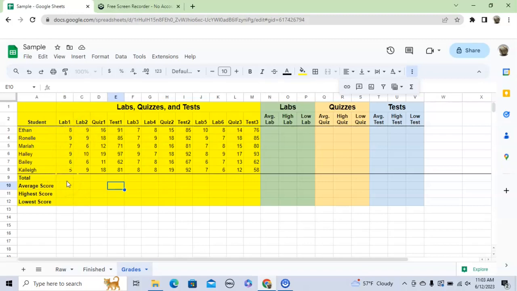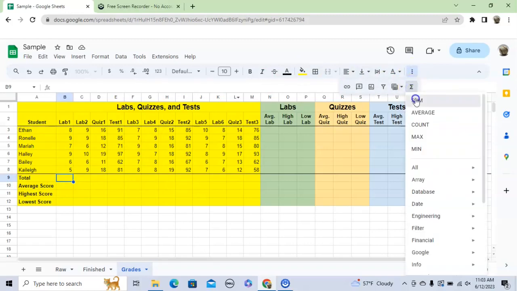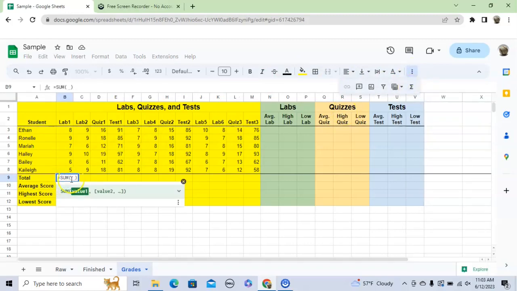So I've already talked about using the sum. If I wanted to add up the total scores on lab 1, I could find my sum function over here. It might be under your triple dots. I could use functions and use sum. Then it's waiting for me, and I could highlight those cells that I want to add up, B3 through B8, hit the enter key, and it shows that there were a total of 44 points earned on that lab. That's not really a terribly useful number. The more students, the more points I would probably have. Probably a better